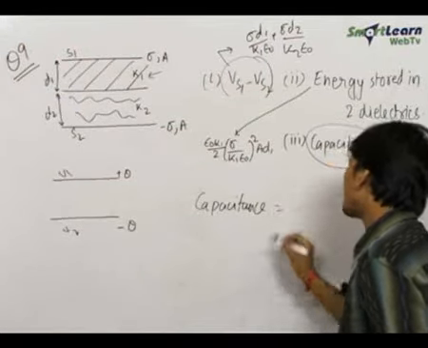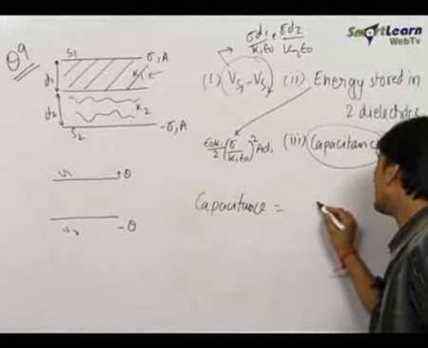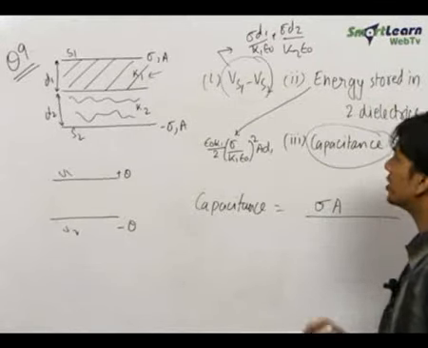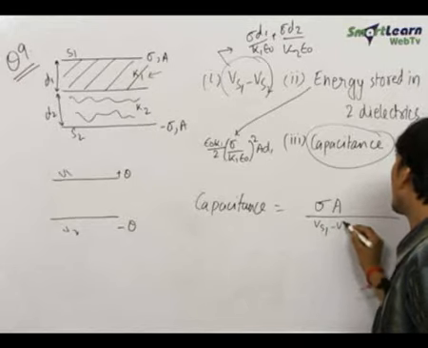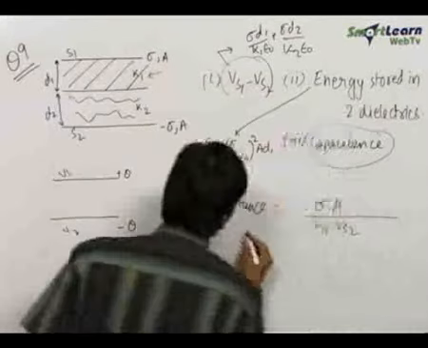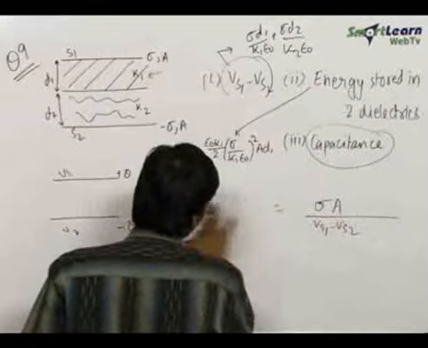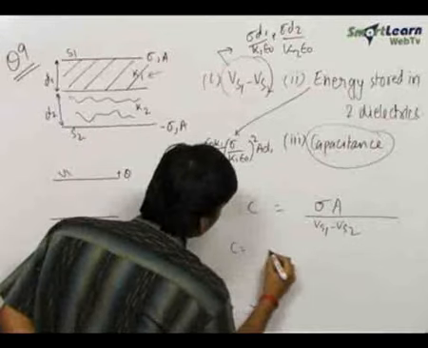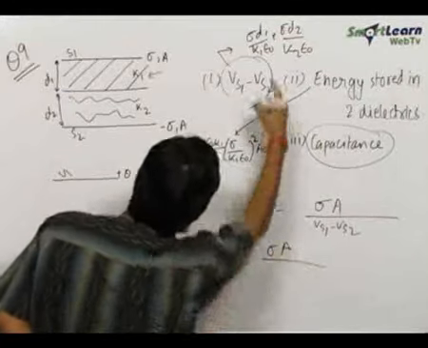that is the resultant capacitance, this will be equal to sigma into A, this is the total charge, upon the potential difference, that is Vs1 minus Vs2. So this comes out to be equal to, let me write this as C. C is equal to sigma A upon Vs1 minus Vs2,